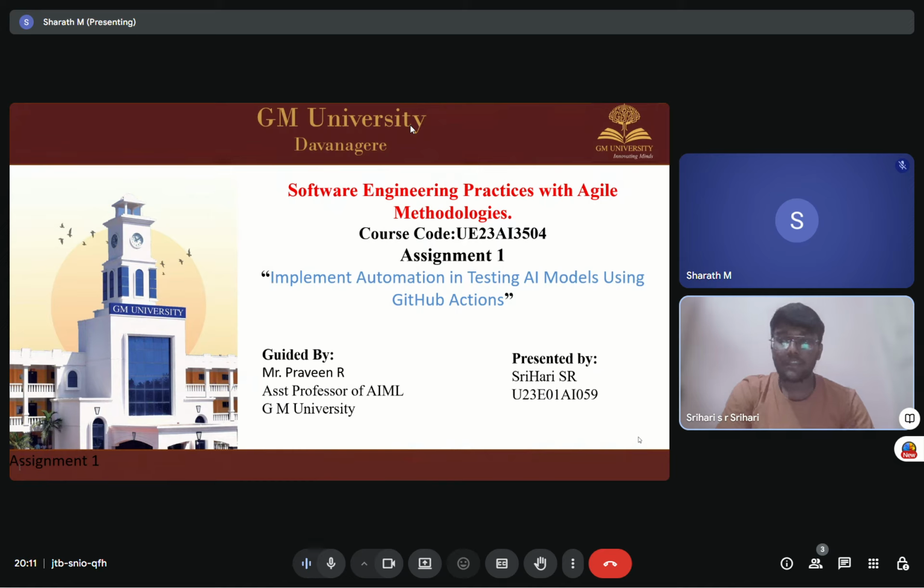My course assignment topic is implementing automation in testing AI models using GitHub Actions, and it is guided by Mr. Praveen R, Assistant Professor of AML, GM University. Next,